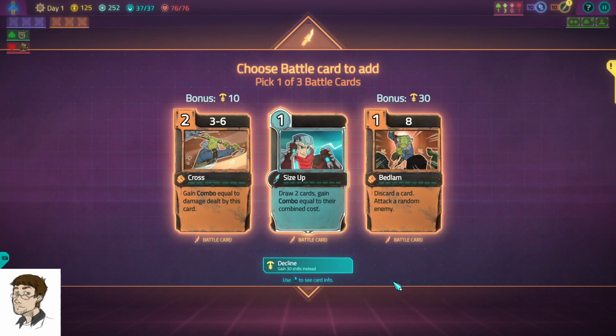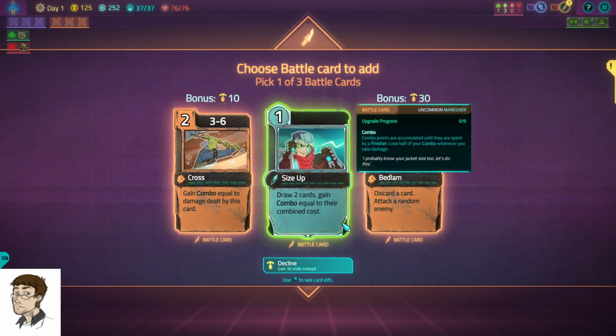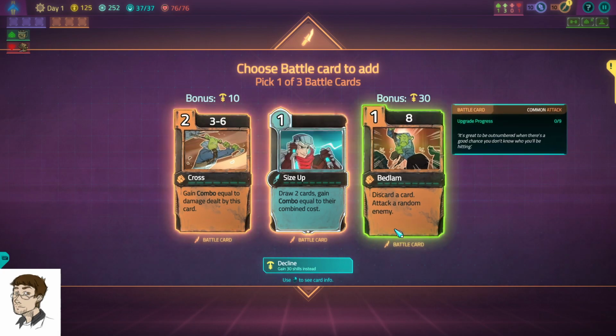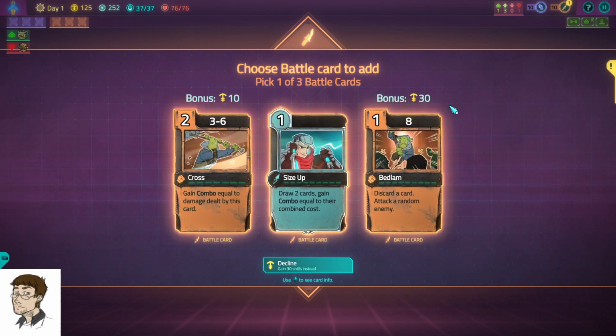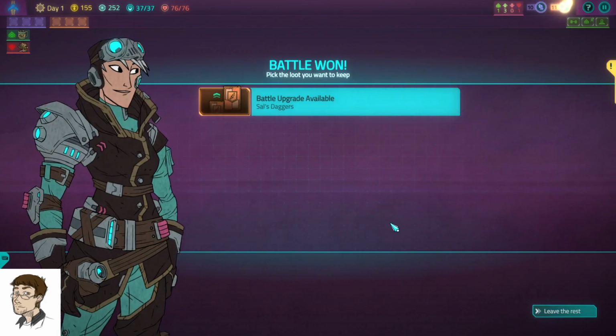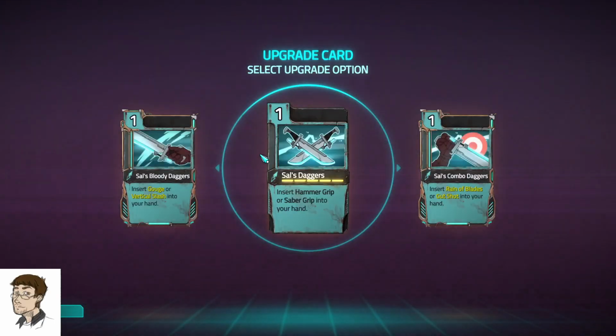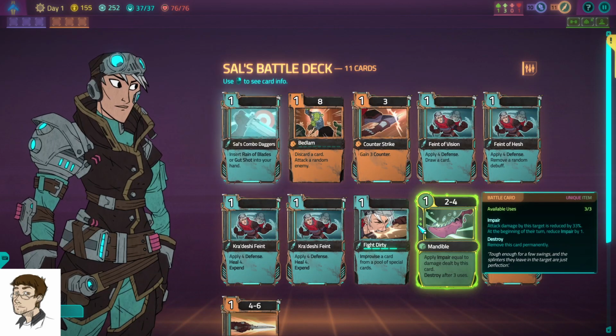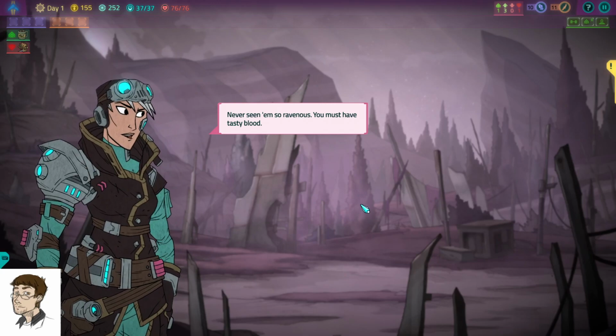So... Draw 2 cards, gain combo equal to combined cost. Gain combo equal to damage dealt by this card, discard a card. And these are cards that I haven't picked before or that I pass on frequently because I get a bonus if I take them, which means that I don't usually take them. Let's take Bedlam. That seems kind of cool. Okay, so I'm going a discard path. I don't know which way to go. We'll go combo. I don't necessarily need to make the decision now, but...